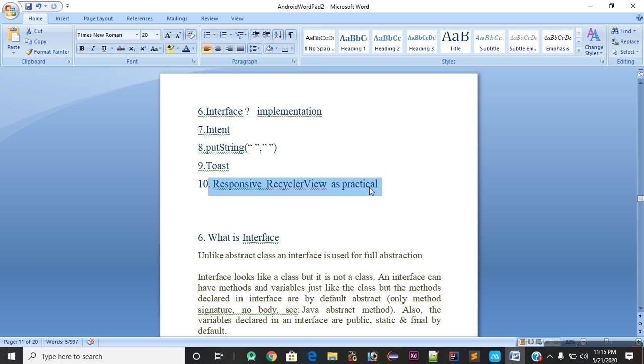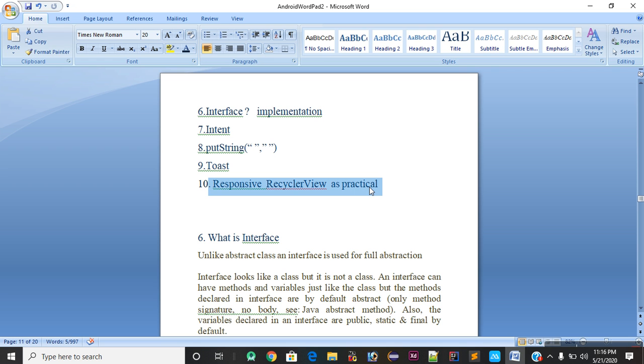So guys, in this video I recommend that if you already know all these things, for example interface, intent, putString and toast, how to use them, what the properties are and how many arguments the methods consist of, that is great, and you can implement a recycler view.